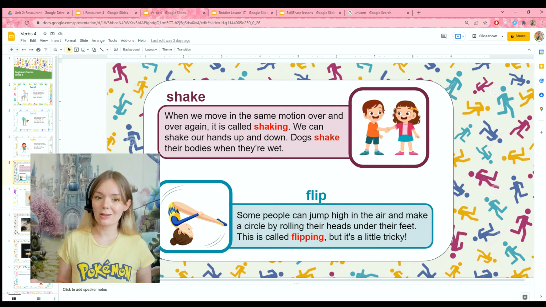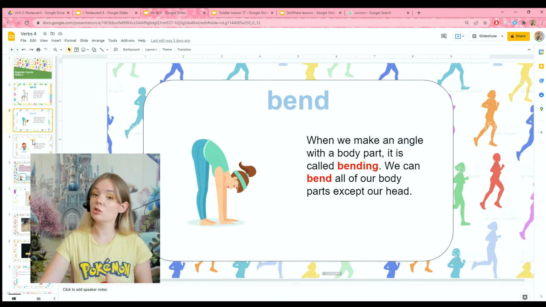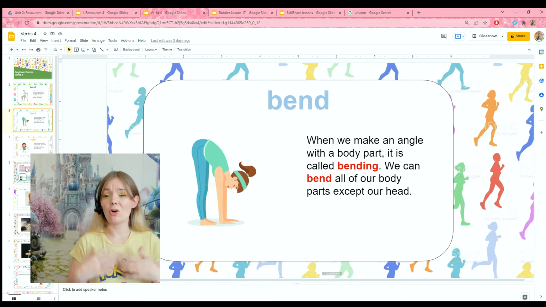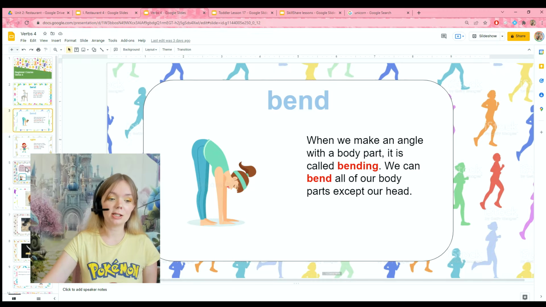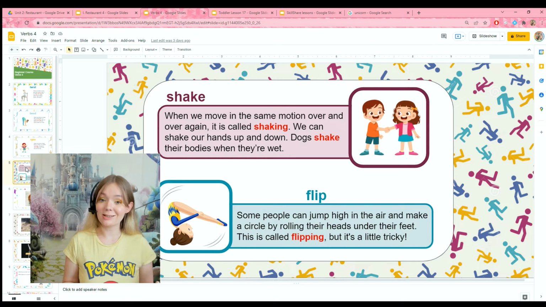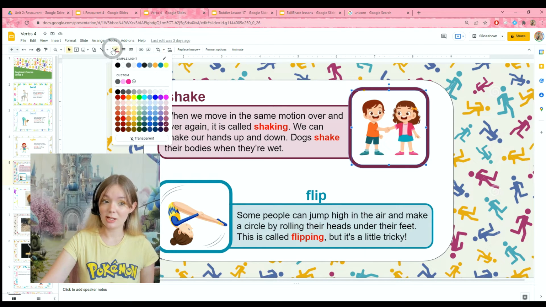I also use this masking tool to make my vocabulary words. So most of the time I leave the vocabulary like this, where I have a picture explaining the vocabulary on one side and then I have a definition on the other side. But if I have a whole bunch of vocabulary words, or if I'm just wanting to add a little variety, I will also include slides like this that have two vocabulary words using a shape like this. So all I did here was take a picture, I masked it into the shape that I want, then I added a border,